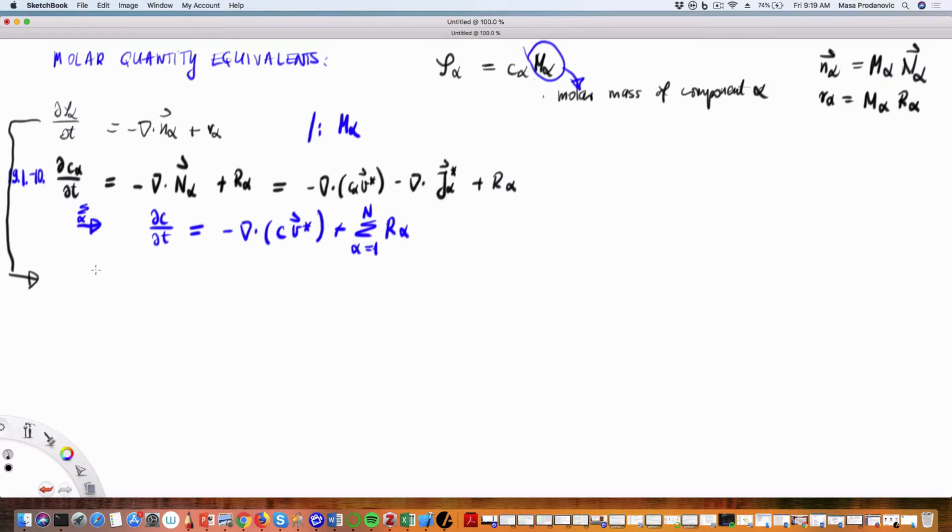So this is the same as, and I could also break down what n alpha is. So a common way to write this is rho times d omega alpha dt. Remember that rho alpha is rho omega alpha. Plus v dot,